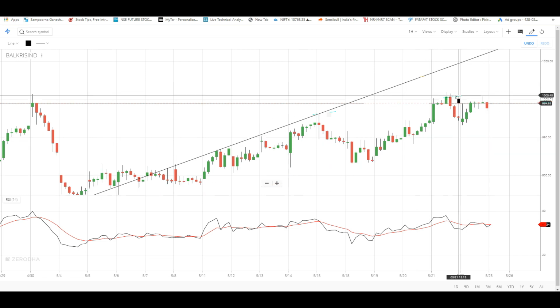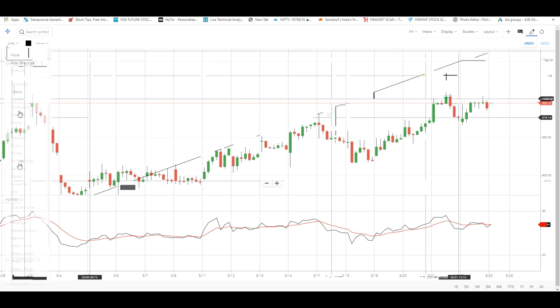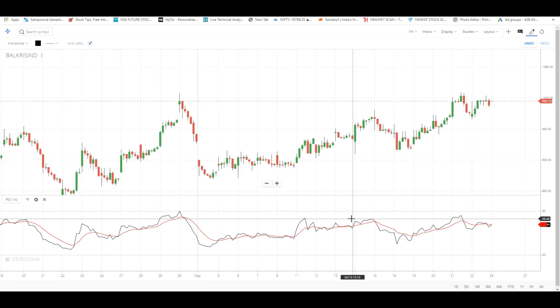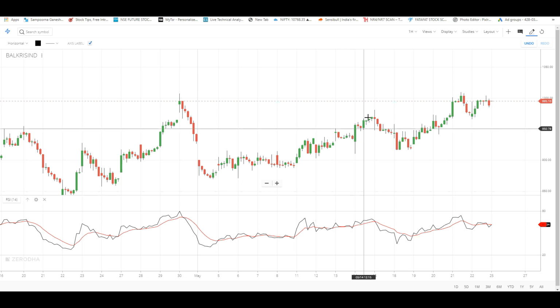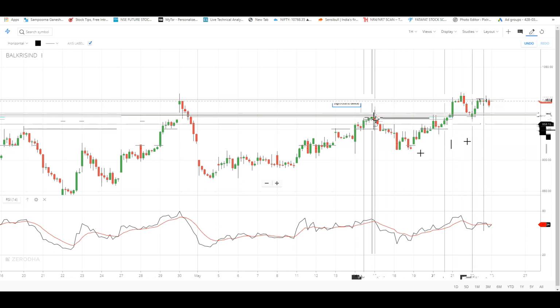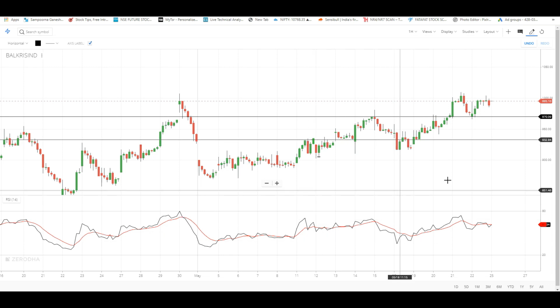Some other things which we have, like even we can have swing highs, swing lows. So basically at this particular time, if you see, we can use this as a support and resistance somewhere. So this one was our support, or at this particular point this was a resistance, now it has become a support. And at this point this was another level which was a resistance. Once it is broken, it has gone up to this level, and then it has come back.